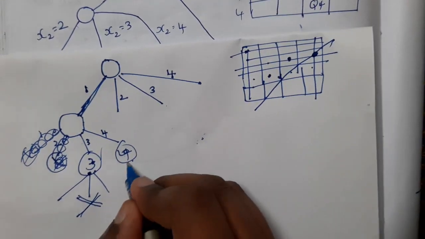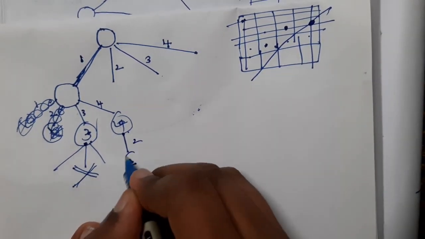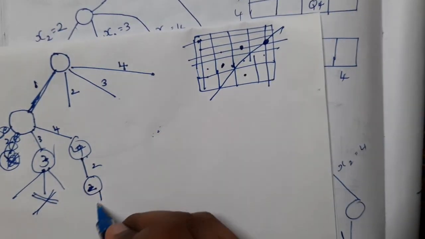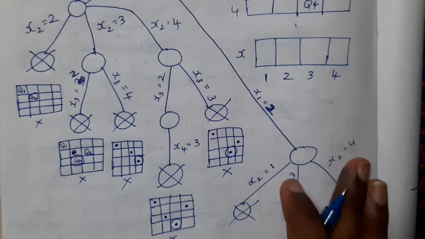In 4, I will have only a single path, that is with 2. So I'll write it here. At 2, if we select the second position, after that this is also blocked, so this also has no path. Similarly, if you select from this, this is what I have just drawn here, guys.